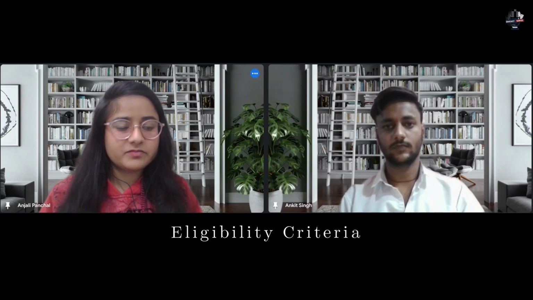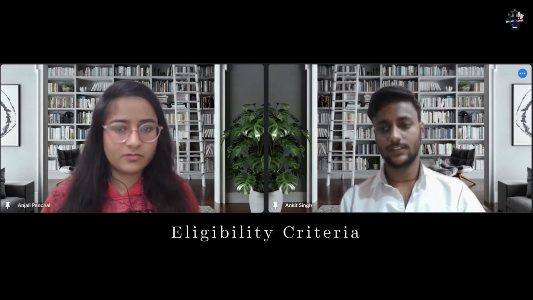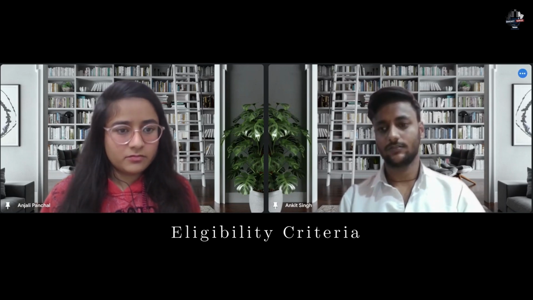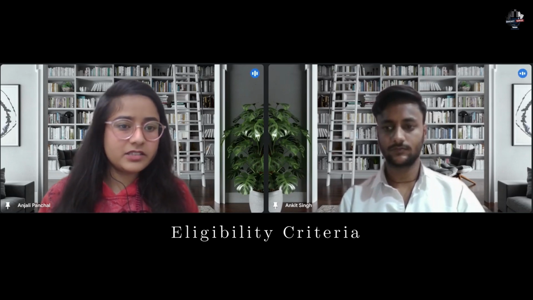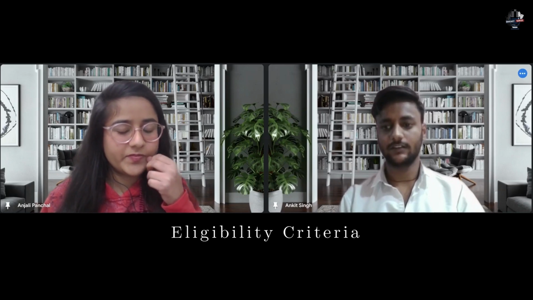Okay, so Ankit, what is the eligibility for this degree? So the eligibility is you must have 12th passed. This is the main eligibility, and apart from this, there is no age criteria and so on. Anyone from any field can join this degree. Is it compulsory that you need to have maths and science in your class 12th, or can arts students also join this degree? Arts students can also join this degree. Okay, so it's not like maths is mandatory.